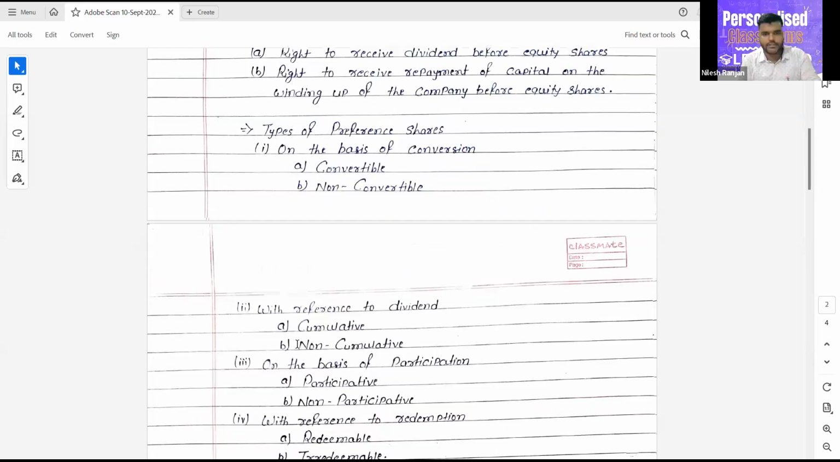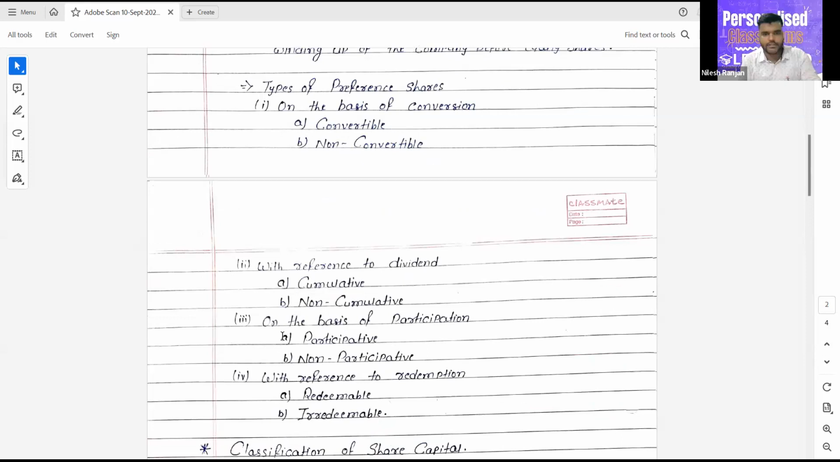So the next is with reference to dividend. I think we have not done the dividend. We have done with reference to redemption. Actually, you need to know the name of these only. We don't need the detailed information, but you should know the meaning of these also. So with reference to dividend means, when we talk about dividend,